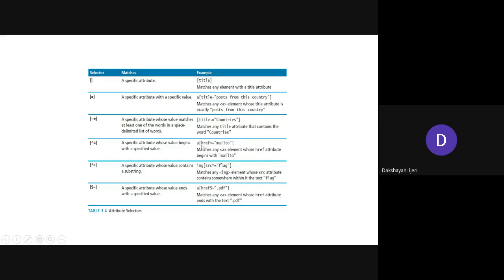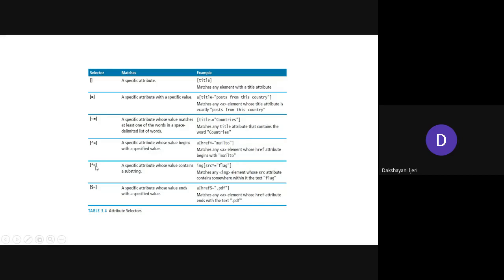In this example you can see anchor href caret equal to mailto. That means it matches any anchor element whose href attribute value begins with mailto. No matter whatever it has after this mailto, if it begins with the word mailto, then the styles will be applied over there, right?